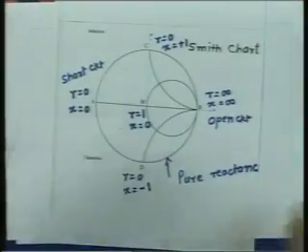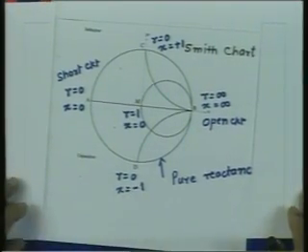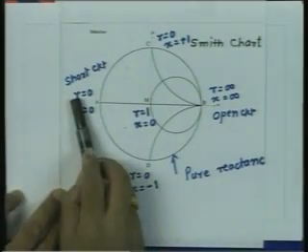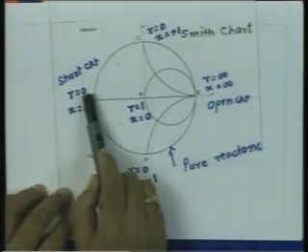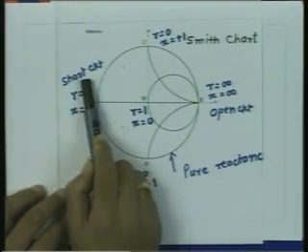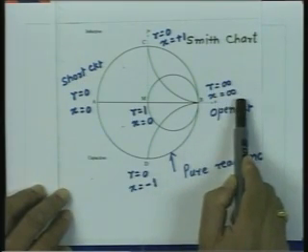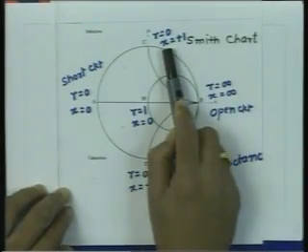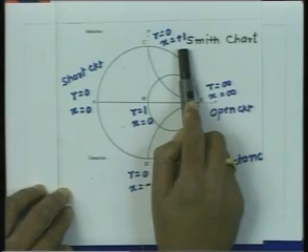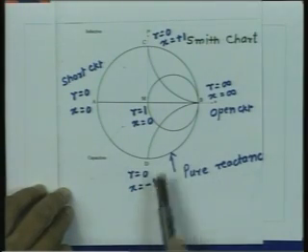So, if I take the Smith chart and say, suppose these values are not impedances, but they are admittances. That means, if I replace r by g and x by b, this point represents g equal to 0, b equal to 0, which is open circuit. This point represents g equal to infinity, b equal to infinity, which is short circuit. The upper half, which represents positive values of susceptance,